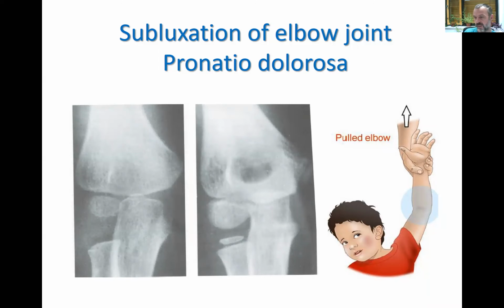And especially in kids, if you pull them too much, maybe during walking, you can cause a subluxation of the joint. Yeah, you can see the normal position here. And then this shift proximally in this direction, which is called a subluxation. It may not be visible, but it's very painful, and the hand is in pronation, so it's called pronatio dolorosa,